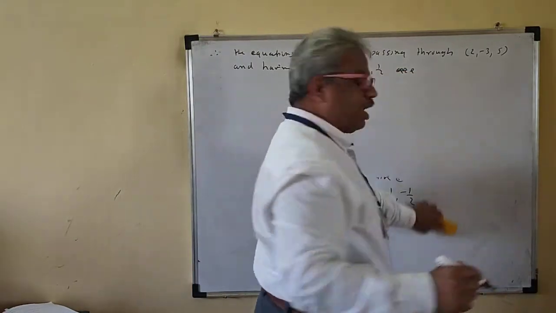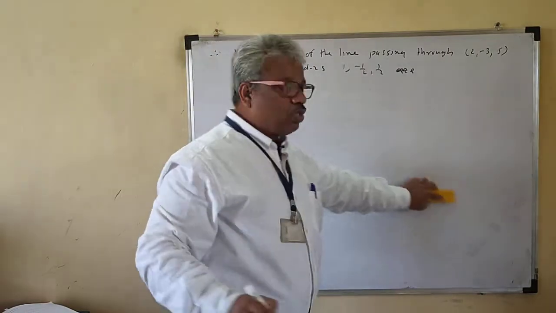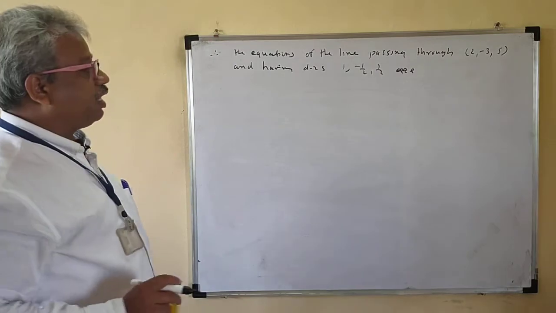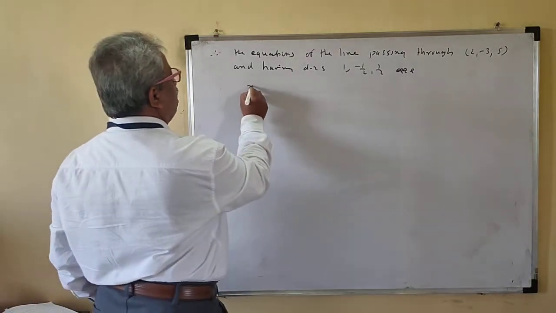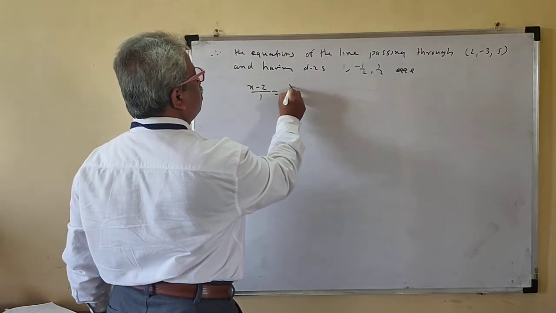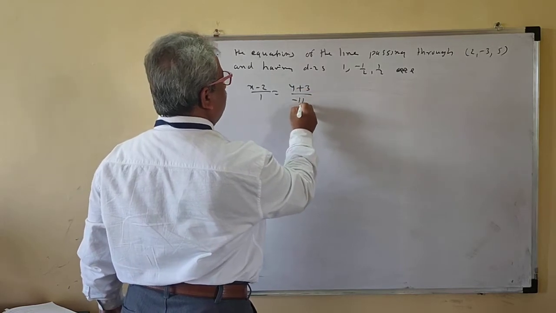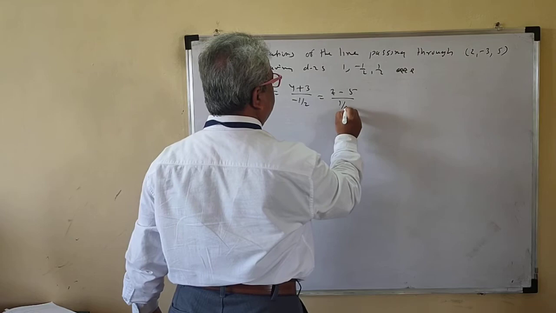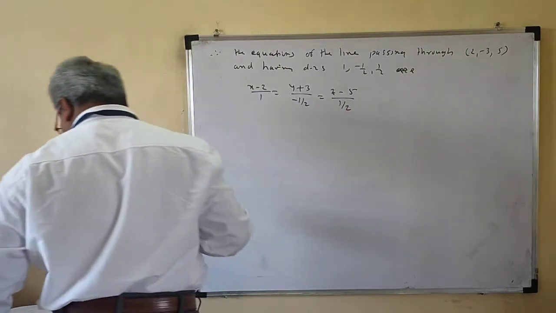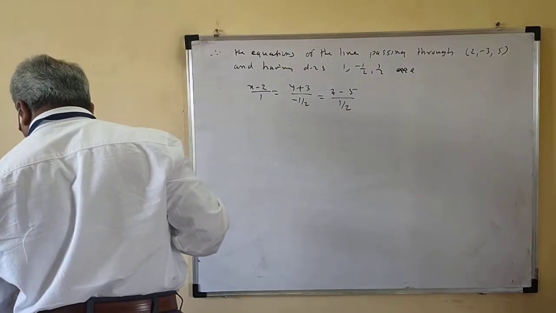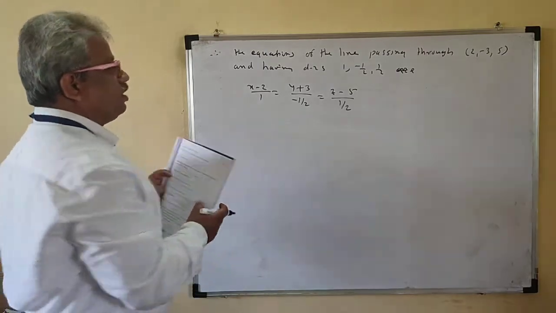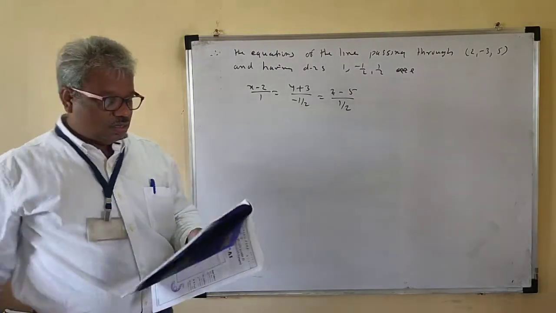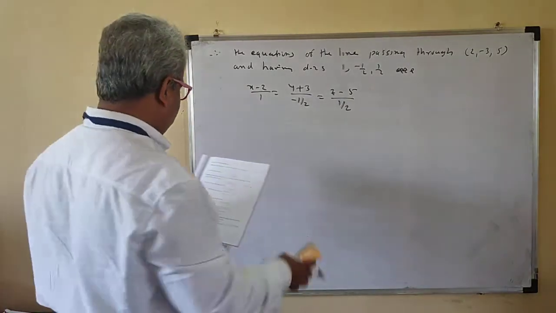So we are ready to find the equations of the line because we have one point on the line and we got the direction ratios of the line. So that is x minus 2 upon 1, y plus 3 upon minus half, z minus 5 upon half. You may keep this as it is, it doesn't matter. There is no problem in simplifying this. Next